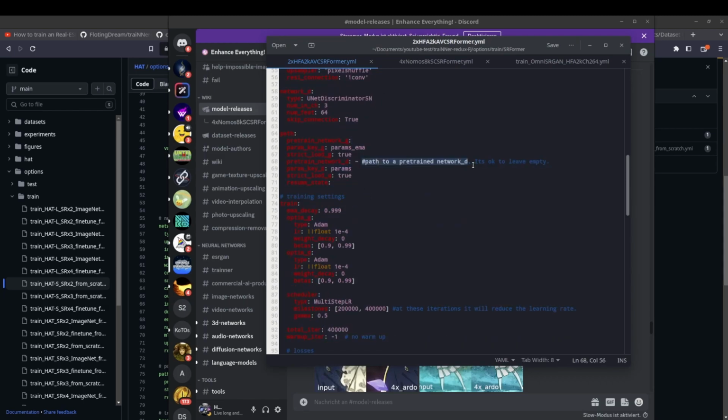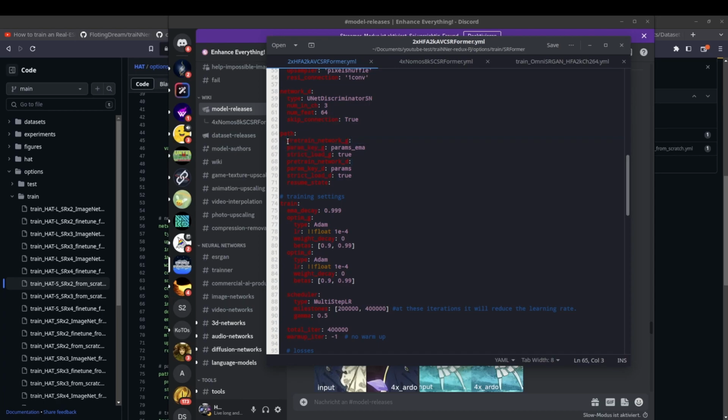So then this part is about if you will train from scratch, or if you will load in an already trained model, a pre-trained model. So what this will do is it will basically use that pre-trained model as a booster. So the longer you let it train, the more it will give outputs that are actually your model and not what the